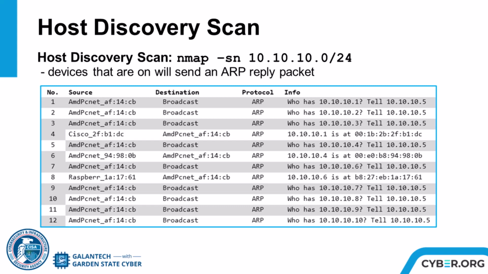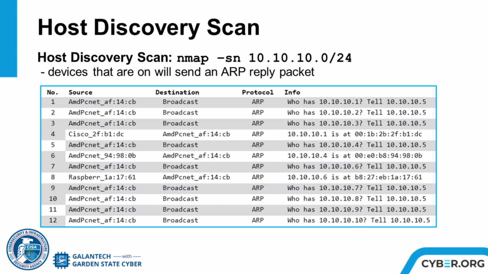This is a truncated look at the whole scan, which will try IP addresses from 10.10.10.1 all the way to 10.10.10.254. Nmap will report that 3 hosts are up, and in the Wireshark capture, we see Nmap gathered that information